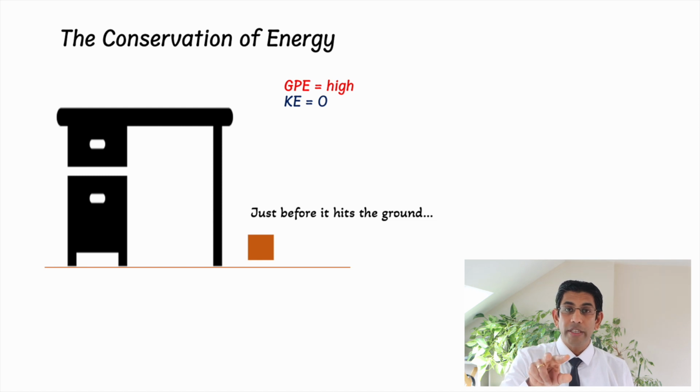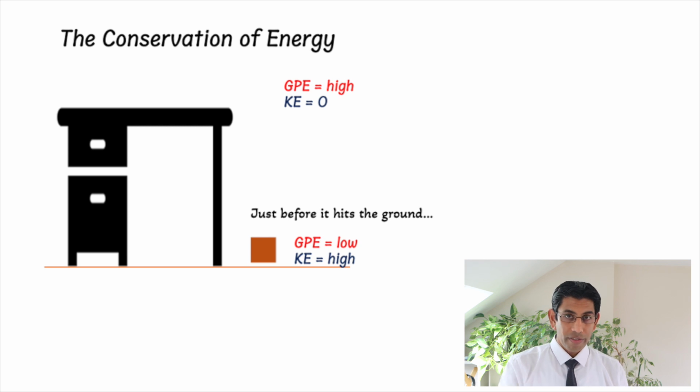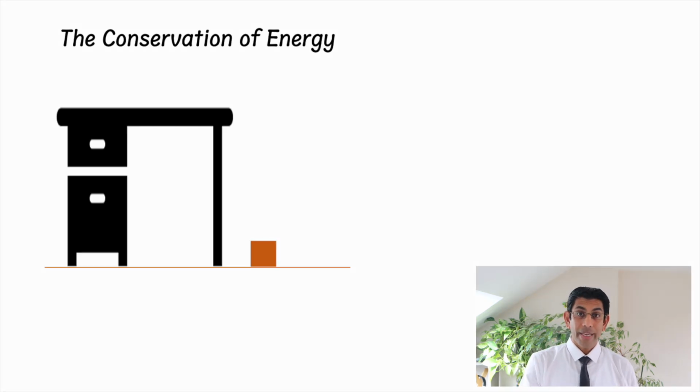So please note there is an energy conversion taking place here. The loss of gravitational potential energy is equal to the gain of kinetic energy. Also please note we are ignoring the air resistance here. So when the object is just before it hits the ground, it has its highest kinetic energy and the gravitational potential energy is almost 0. Once the object hits the floor,